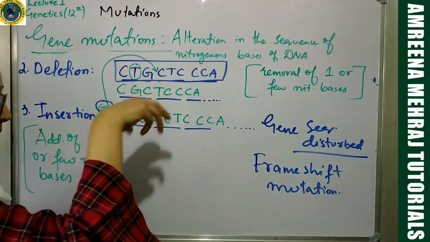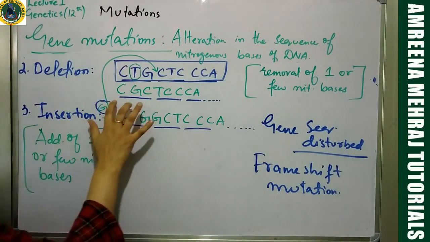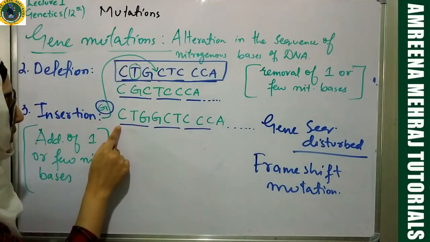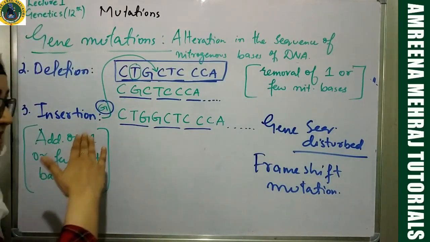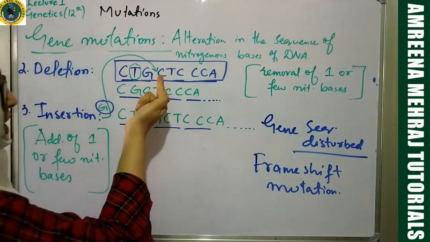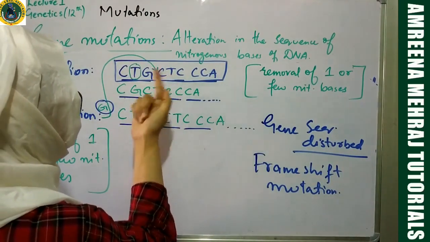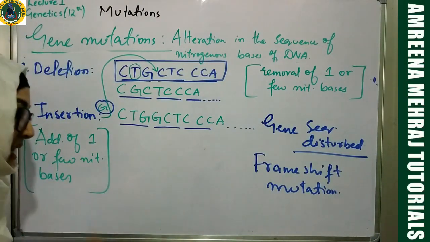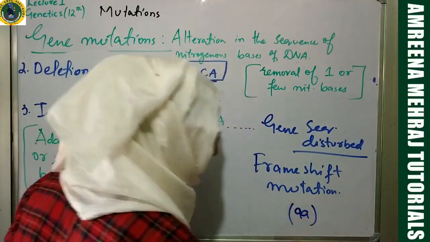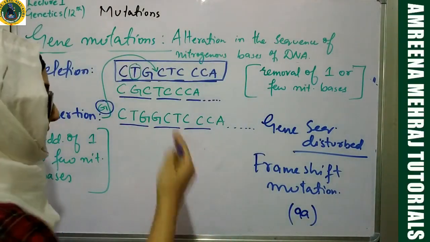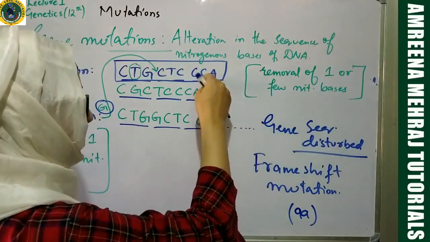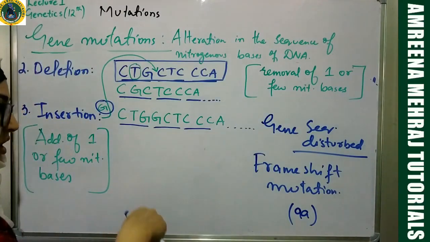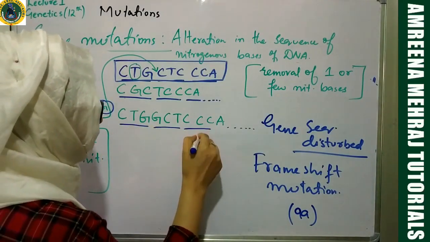Now, if you talk about deletion, if you delete T from it, you will get a reading frame like this, which is totally disturbed. If you insert some sequence, you will get a reading frame which is like this. It's also disturbed. Now, whatever polypeptide was coded by this original gene, either that polypeptide will not be formed, or if it is formed, it will not have the correct amino acids. Chances are different, but we have to focus upon two things. Either the gene will not be expressed, or the gene will become faulty and the product will not be obtained. Or if transcription happens, RNA polymerase will come, these codons will be read, and the final end product will be a